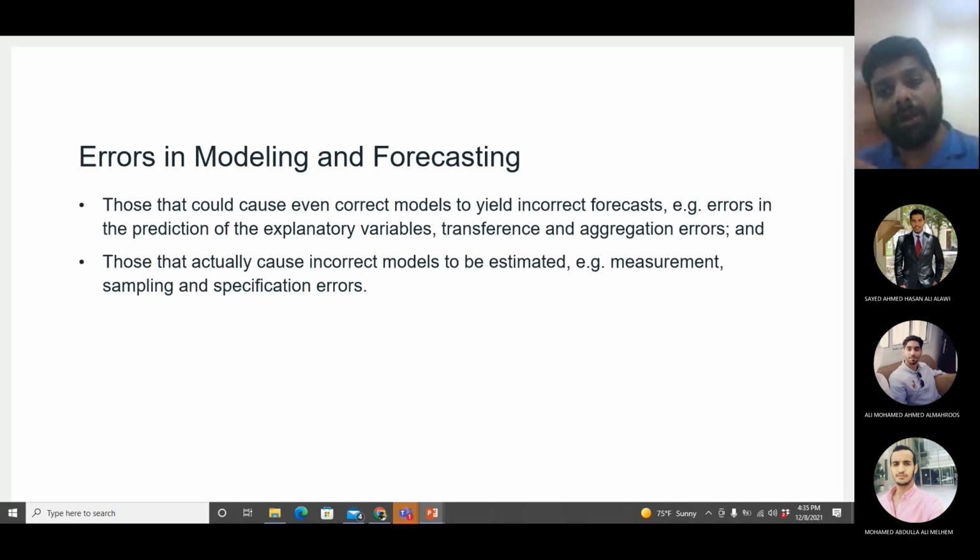So if it doesn't work, it is not because reaction time is not important. No, it is important and you are using the correct equation, but the reaction time itself is not for this place. It's not for the local drivers. Okay. And aggregation error means that